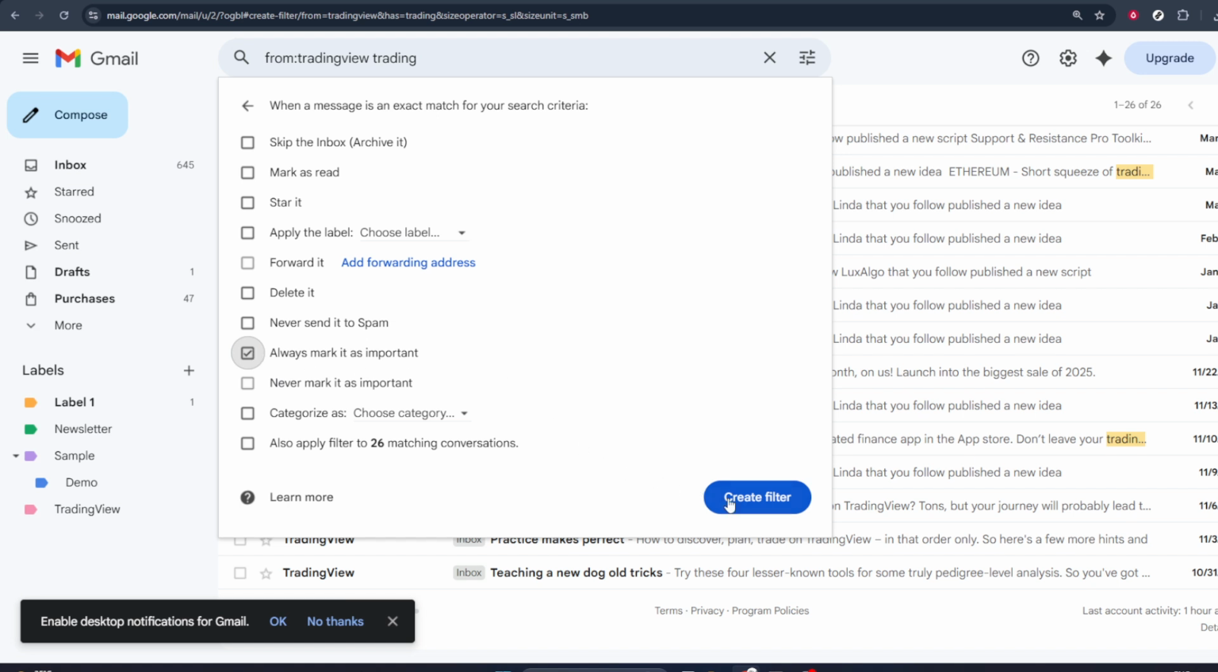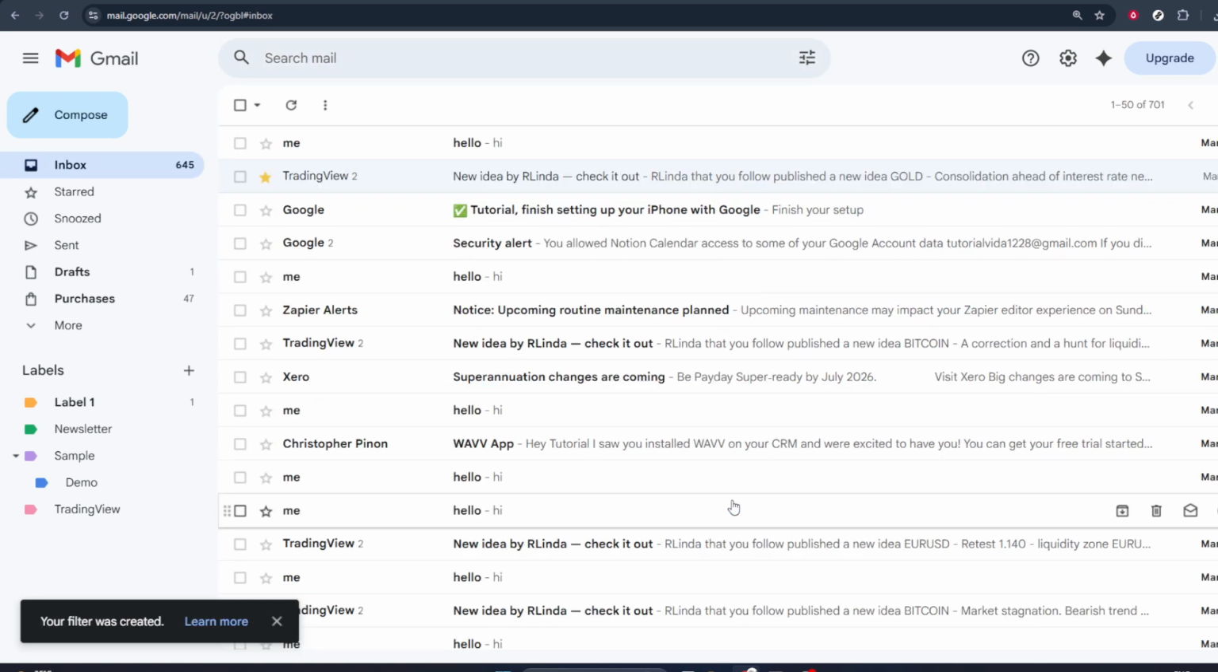Finally, confirm everything by clicking the Create Filter button at the bottom of that window. Once you do this, your filter is active. From now on, any new email that meets the conditions you set will automatically be marked as important, so you can spot